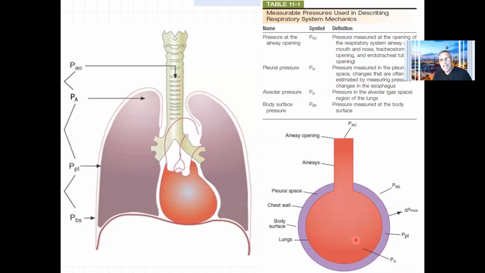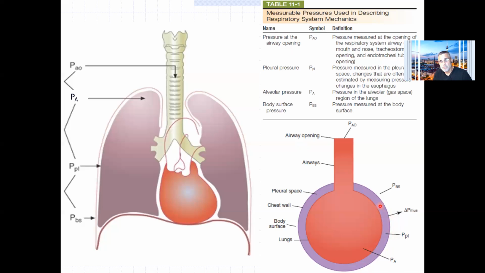Now, as we move through the alveolus to the chest wall, which would be here on the outside. Remember, we know that we have that connection of the lung, the visceral pleura, the pleural space, the parietal pleura, and the chest wall. Okay? So now when we're looking at that connection, we've said that that pleural space is really a potential space,